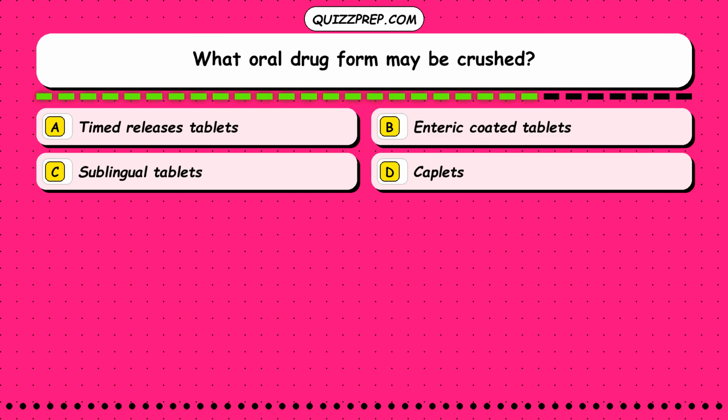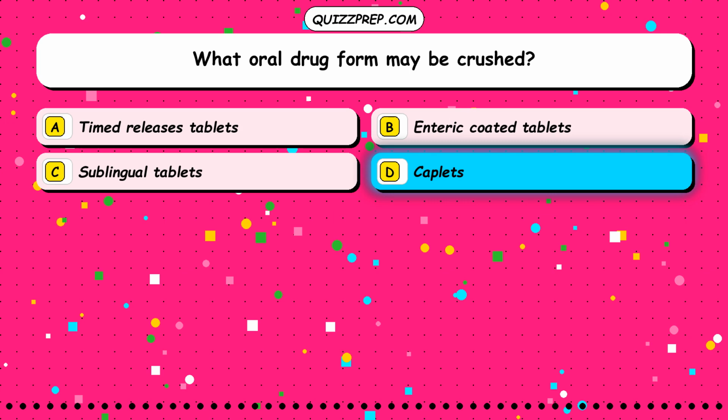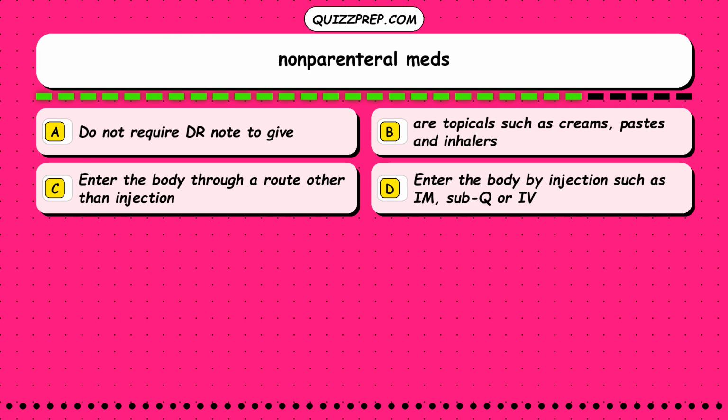What oral drug form may be crushed? Option A. Timed release tablets. Option B. Enteric-coated tablets. Option C. Sublingual tablets. Option D. Caplets. The correct answer is option D. Caplets. Question 236. Nonparenteral meds: